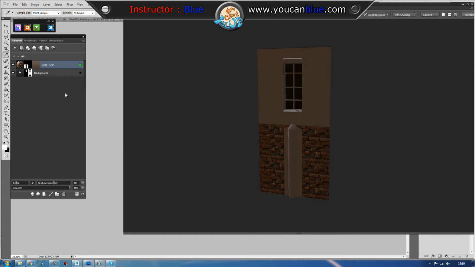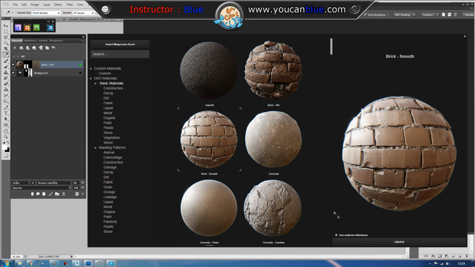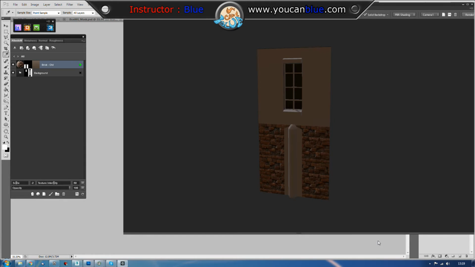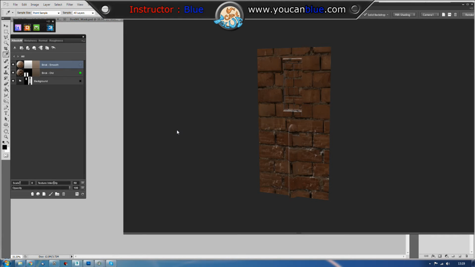Okay. Next, I want some newer bricks. So I'm just going to click here, and here we are, Brick Smooth. Click Create. And they're going to go in the top half. Now remember, if I'd exported this with the repaired blue bit here, we wouldn't have that quite so wide patch, but it doesn't matter too much to me. Now, for the top part, I'm going to change the scale again, so just drag it down to maybe -2. And this time I'll mask it afterwards, so